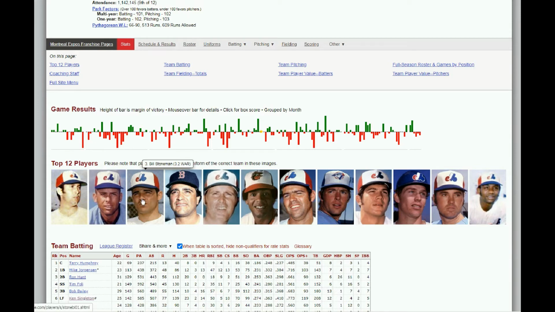There's Stone. We talked about him. Mike Torres is on Oakland at the moment, and he took Blue Moon Odom's spot in the rotation, so I don't think Oakland wants to give him up anytime soon. They have Ron Fairley. Ken Singleton played most of his career with the Orioles, but of course he was traded for Dave McNally in 1974. So it's conceivable that the Expos could bring up Singleton now, since we're still a little bit before then.